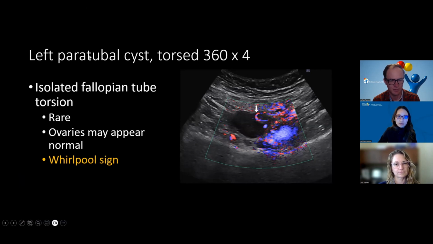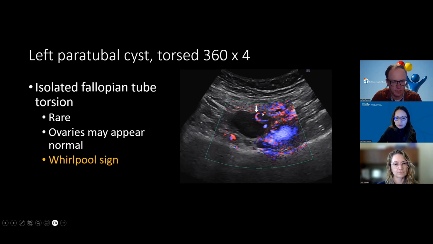So there was that peritubal cyst that we saw that was like 7 centimeters plus, and then the fallopian tube actually torsed around itself, and the ovary was fine in the OR. It didn't look ischemic or anything like that. So isolated fallopian tube torsion is actually pretty rare and really hard to prospectively diagnose, just because the ovaries tend to